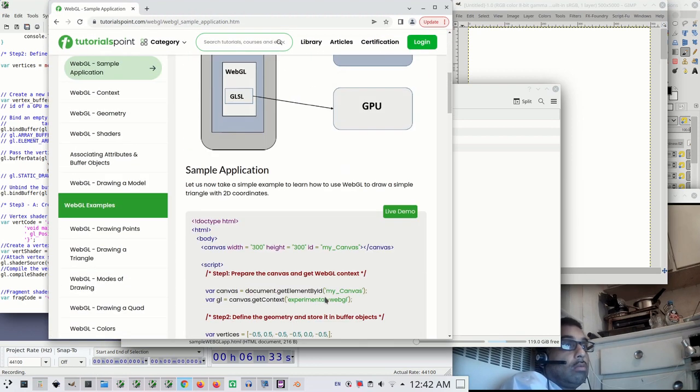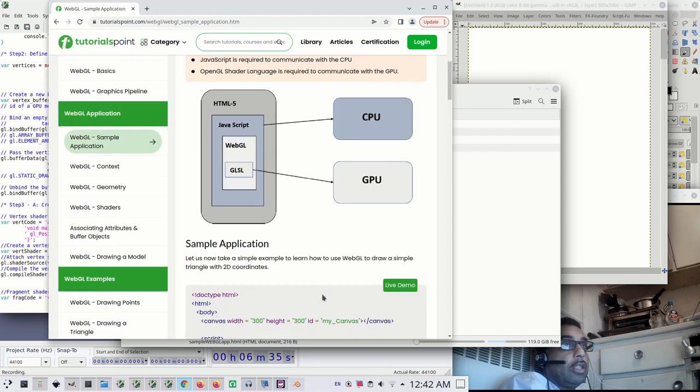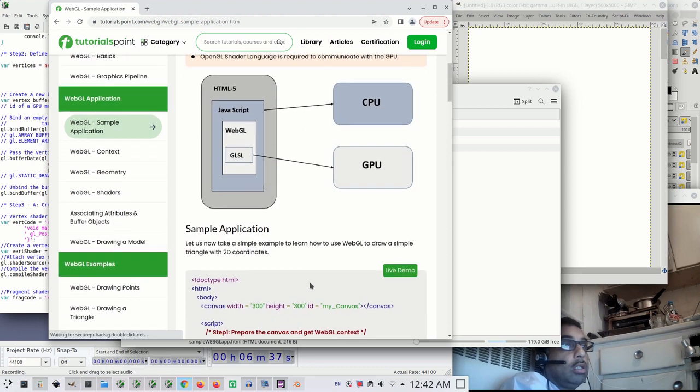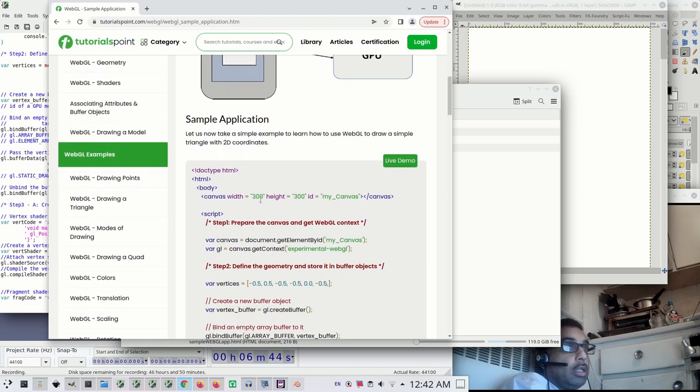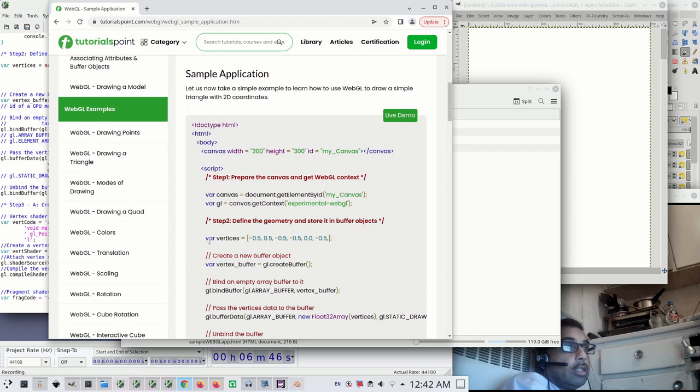So to the sample program. So there it is. See, there's GPU and CPU. GLSL is the GPU, and JavaScript is going to be our JavaScript arrays. So we have a JavaScript array here. We have 1, 2, 3, 4, 5, 6